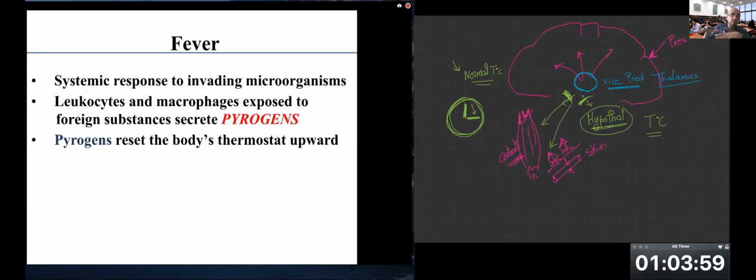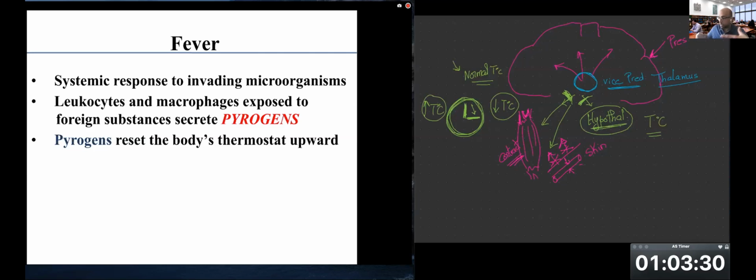At the same time, I'm limiting my loss by constricting the blood vessels in the skin. So this is how I would respond if my body temperature goes down. What if my body temperature goes up, increased? If I have an increase in the body temperature,